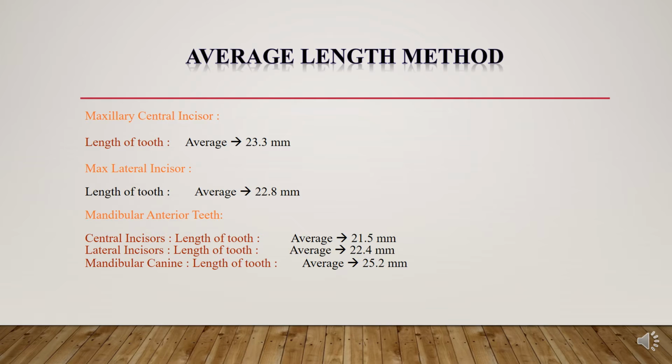So these are the average lengths of the tooth, but we cannot totally rely on the average length to determine the working length because each of us may have teeth with different working length. For the same central incisor, one person may have a central incisor of 22 millimeters, and other may have 23, and others may have 21 millimeters. And over a period of time, there are other processes taking place, physiological processes like attrition, or the tooth may wear off due to other reasons, leading to different lengths. So we cannot totally rely on the average length method to determine the working length.